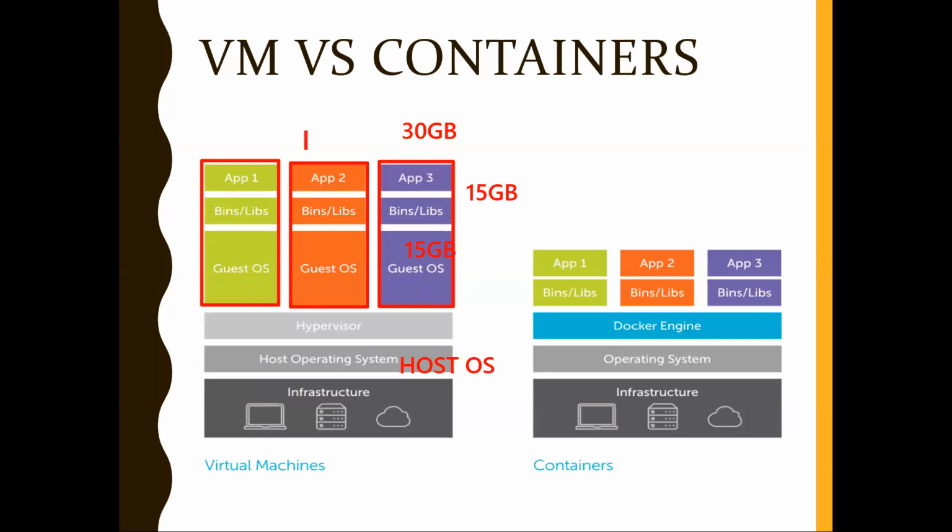Same is the case here. Let's say this VM is consuming 20 GB. Out of it, a majority of the resources go to the OS, and then the app and the dependencies. Also, how many VMs you launch on your host depends on the resources available on your host. If I put 10 VMs, it may not work. It purely depends on the resources available. Here I have only, let's say, 50 GB. Out of it, I cannot assign 30 and 20 to the two VMs, because I need some resources for the host itself. I can't launch the third one.